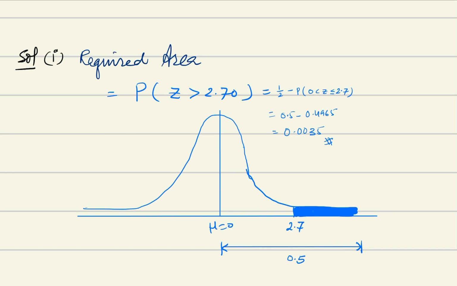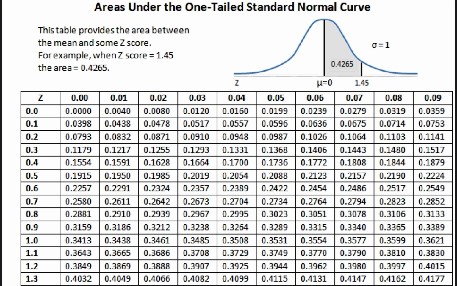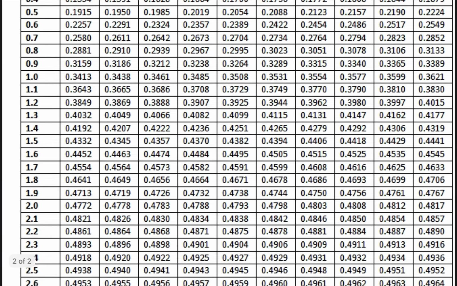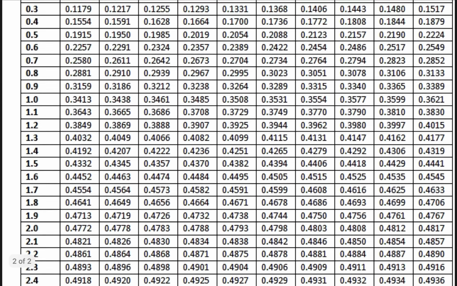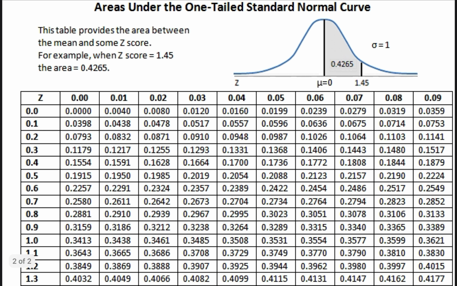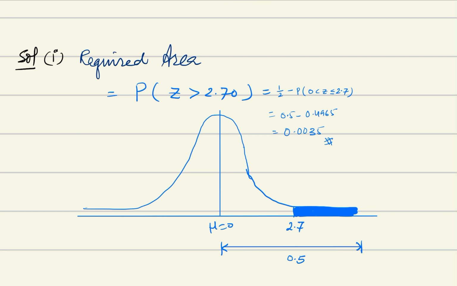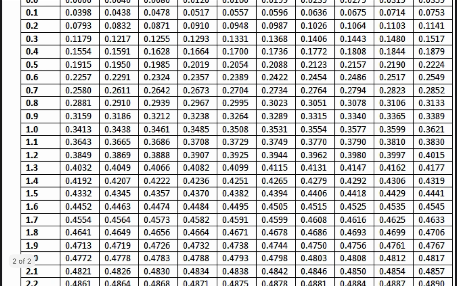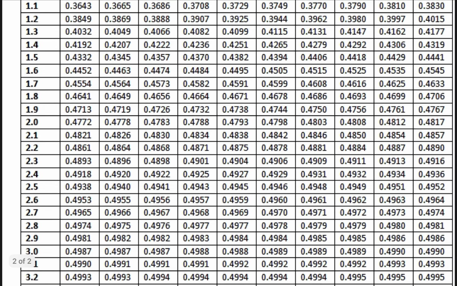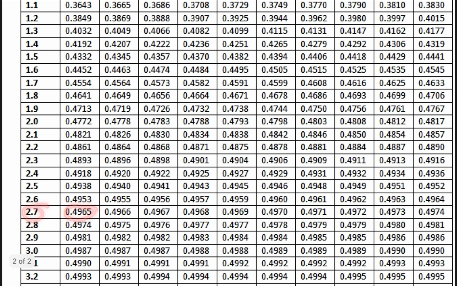अब देखते हैं टेबल पे, 0.4965 की वैल्यू देखते हैं कितनी आती है. सो 0.4965, so where it will be, 0.4969, what is the value if you look at? So this is 0.4, no sorry, I'm sorry, the point value we have to check, right, less than 2.7. This value you have to check. So 2.7, this value we have to check, and this is the value 0.4965.